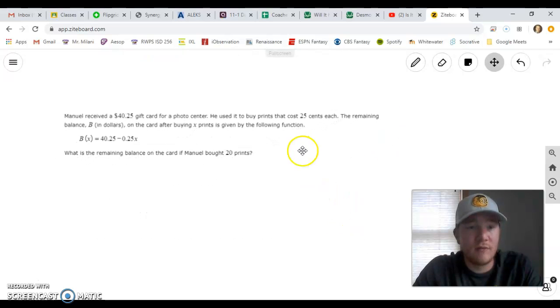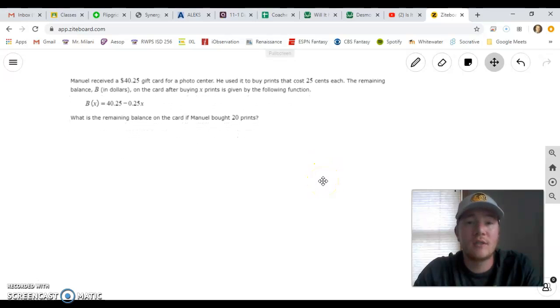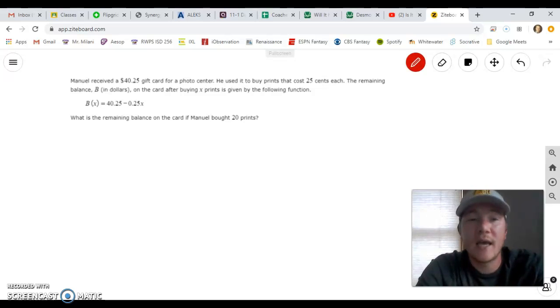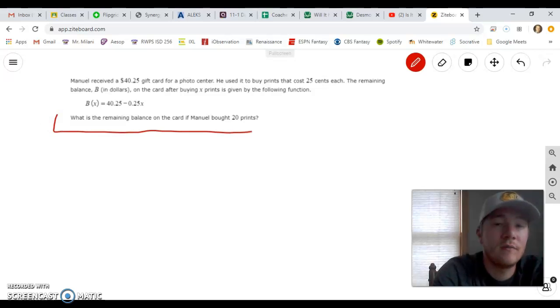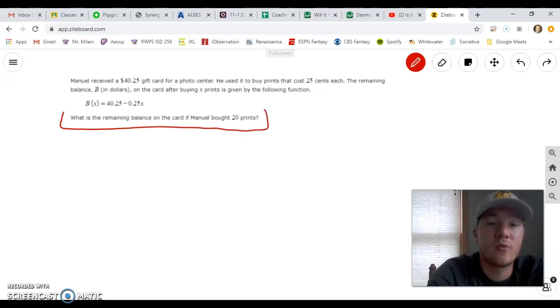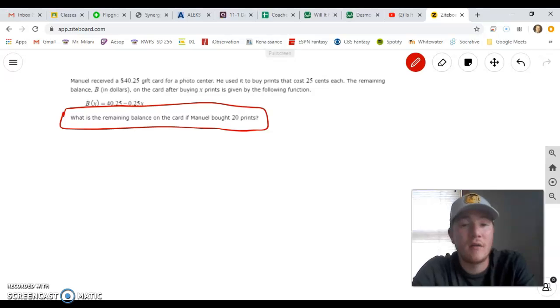So Manuel received a $40.25 gift card for a photo center. He used it to buy prints that cost 25 cents each. The remaining balance, B in dollars, on the card after buying X prints is given by the following function. The question here, okay, number one rule and what we're looking for with word problems, it doesn't change. What are you being asked to find? The question is down here. What is the remaining balance on the card if Manuel bought 20